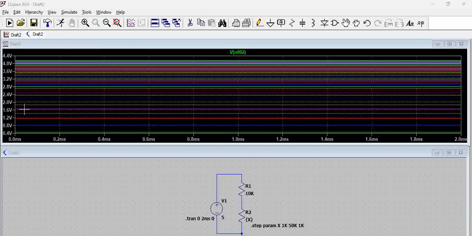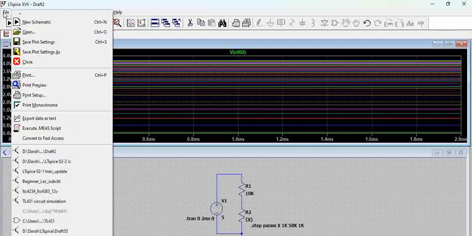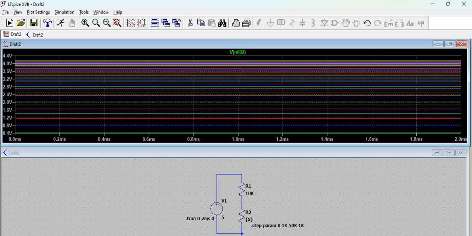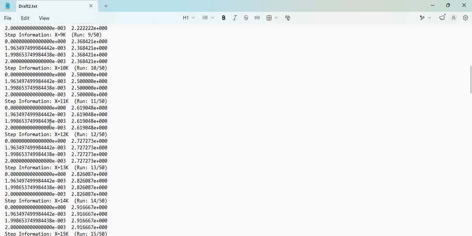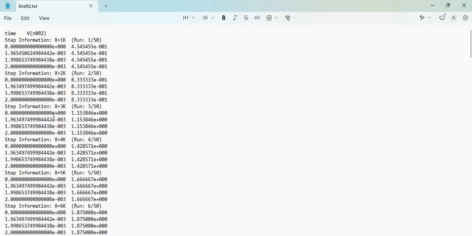Let us assume we want 2 volts here, and not just 2.5. For this case, you have to click on the window here, and when you go to File, you have something called Export data as text. When you click that, it will export the entire results file, the analysis file, to the folder where this project is saved. Now if you open that, this will be the file which is present,